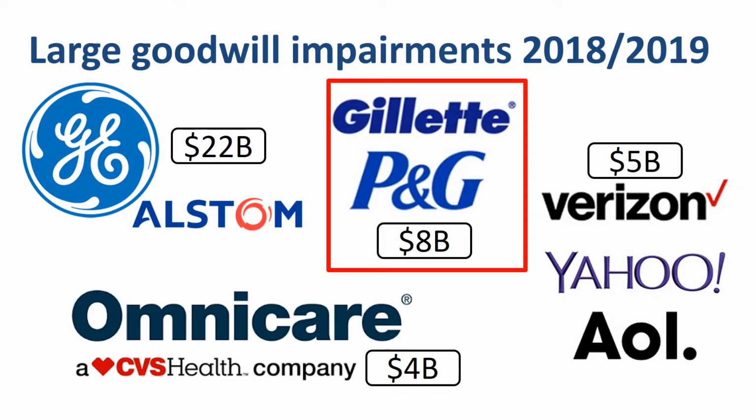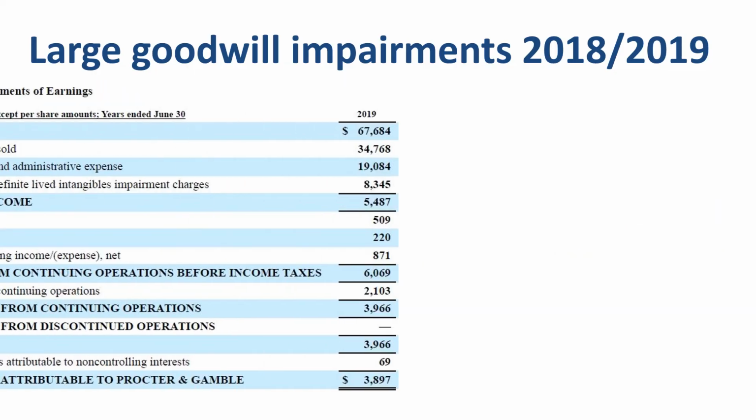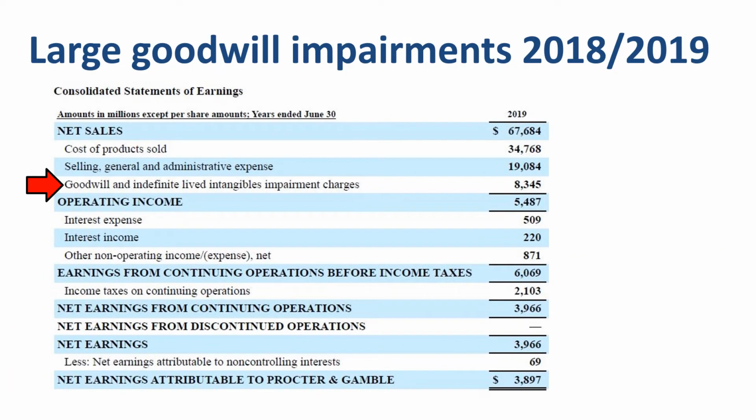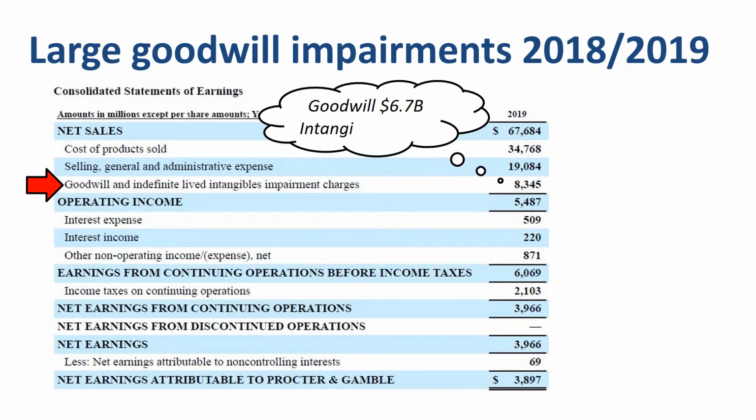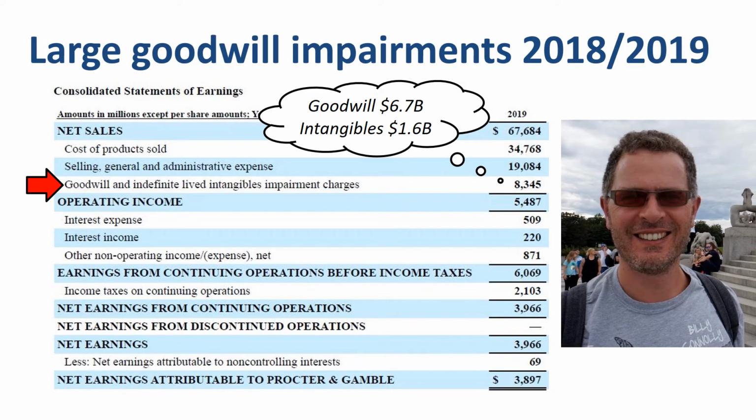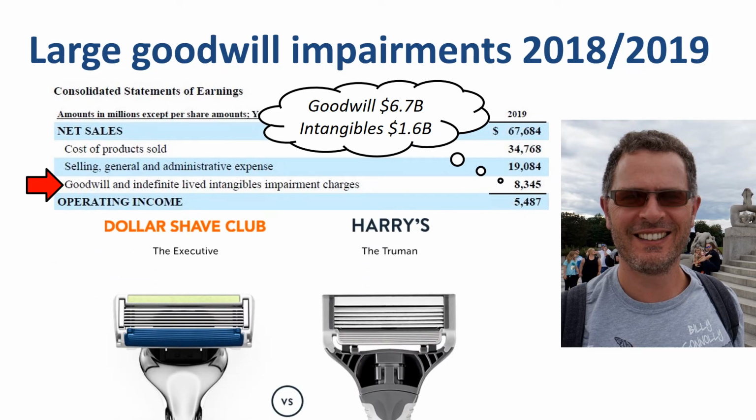Let's dive into one of these examples in detail. P&G Gillette. The one-time non-cash accounting charge actually consists of $6.7 billion in goodwill and $1.6 billion in intangible assets. It's interesting to read the detail of the goodwill impairment testing in the annual report. 2 of the main reasons mentioned are grooming habit changes and competition. In other words, a guy like this, who has gone from using his Gillette razor almost every day to once a week. And strong emerging competitors like Dollar Shave Club and Harry's with very different business models.